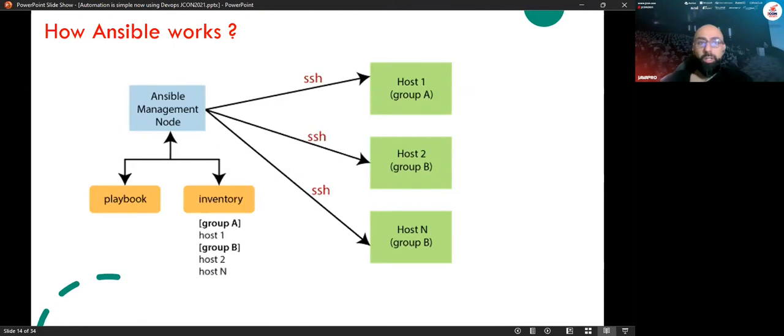With Ansible, we have the main server, where you install Ansible, the Ansible server. And with the Ansible server, you have two concepts that you're going to hear along with Ansible, which are inventory and playbook. With the inventory, you define the servers that you have in the company. For example, you have 10 servers for the web server, so you group them as you see over there, group A, and put all the servers there. For example, 5 for databases and so on, like caching and so on.